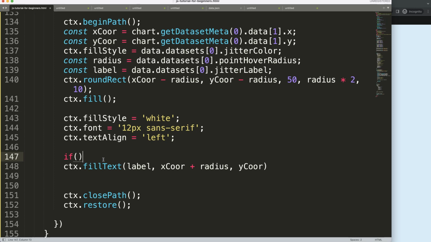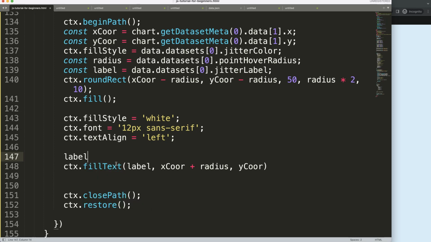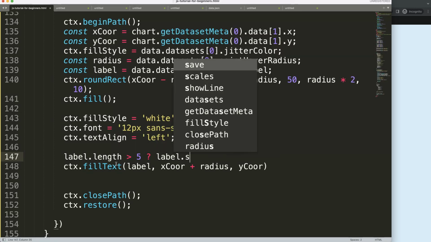And this if statement, or what we can do here is an if statement or a ternary operator. What you can say here is, if the jitter label, or basically the label dot length, is bigger than 5, if this is true, in that case, what I want to do is say the label dot substring,